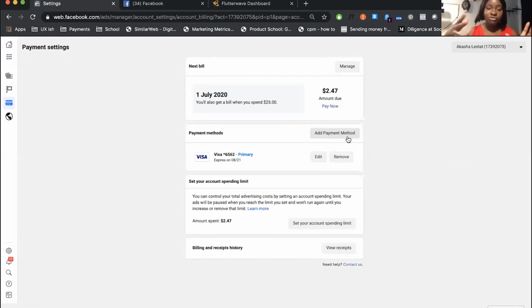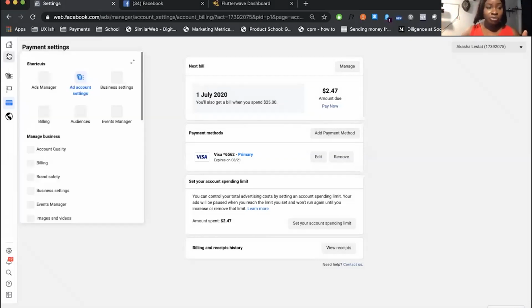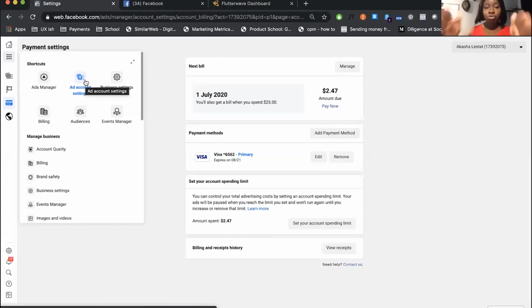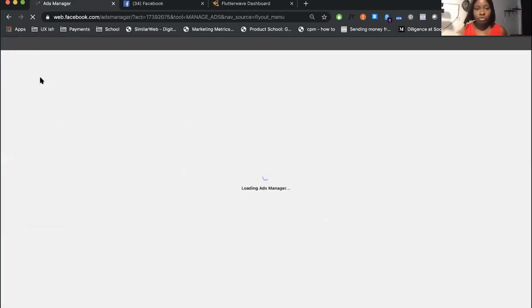It's very simple, it's very easy, and I don't want to bore those of us that know what I'm talking about. But if you don't know what I'm talking about, just remember, go to your Facebook page, click on Ads Manager, create a profile, create an ads account if you don't have one. If you have one, you just want to click on business tools and click on add account settings. When you go to add account settings, it will bring you to this page, and then you'll be able to create all of that. You'll be able to add your payment method, create your currency for your profile, and all that good stuff, okay?